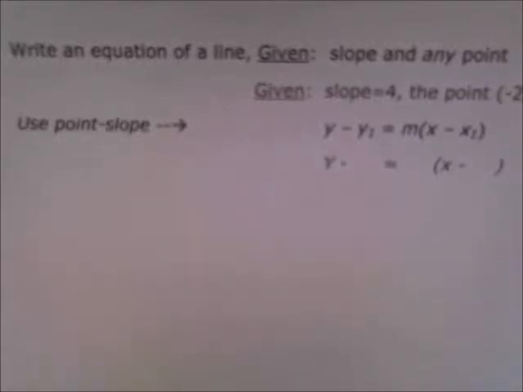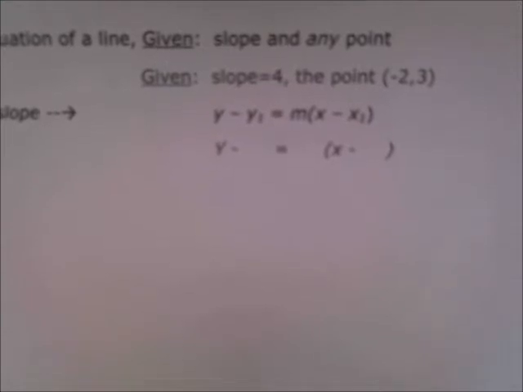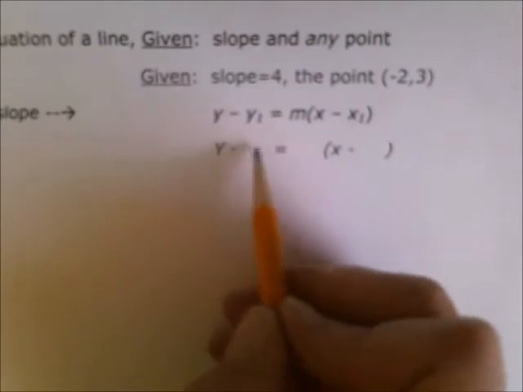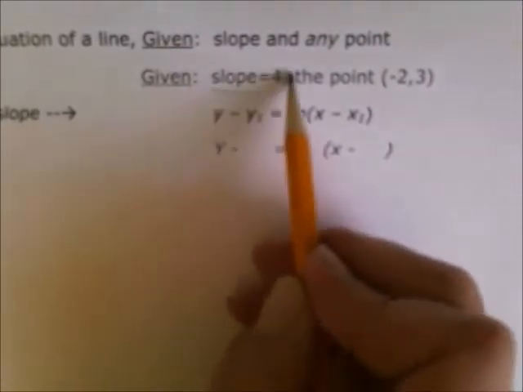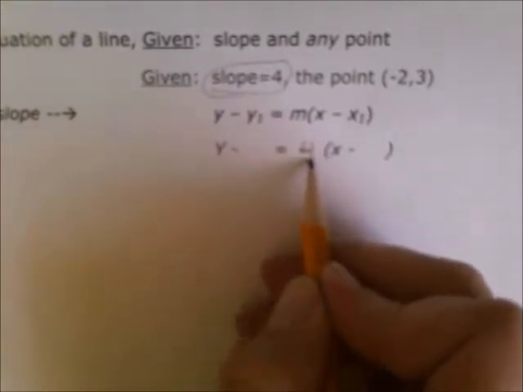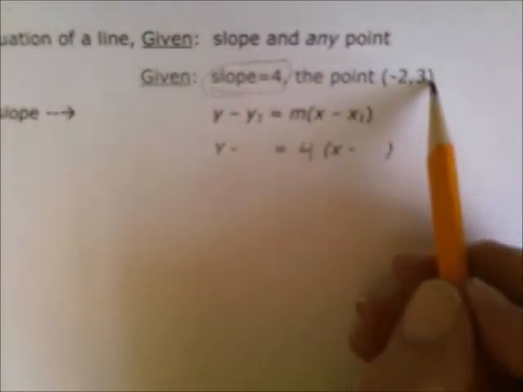Now we're going to write an equation of a line given the slope and any point. So we are given that the slope is 4 and a point on that line is (-2, 3). So when we take our point slope form of the equation and we need to fill these things in, well, if the slope is 4, we're just going to write 4 for our slope, m, and then we have this